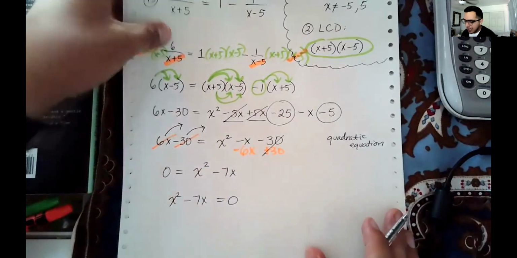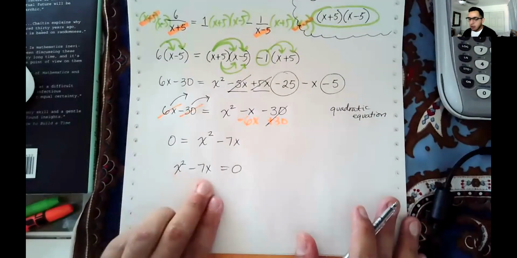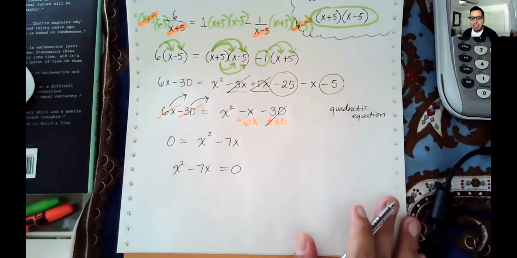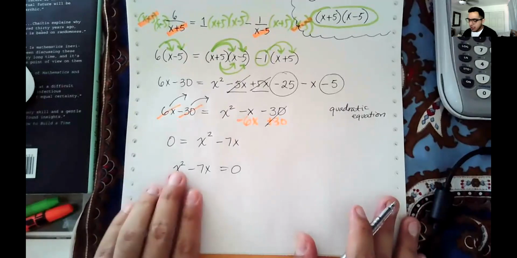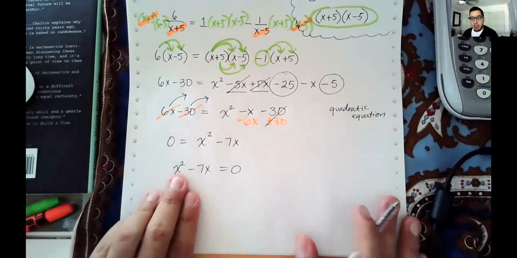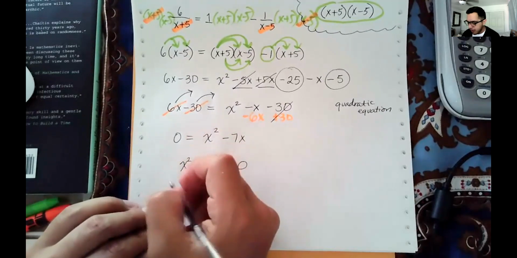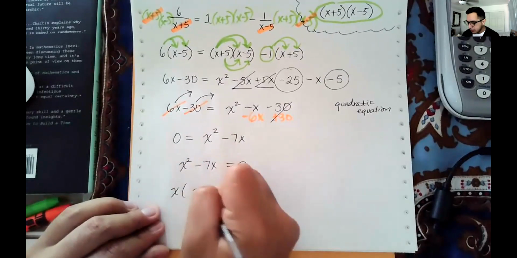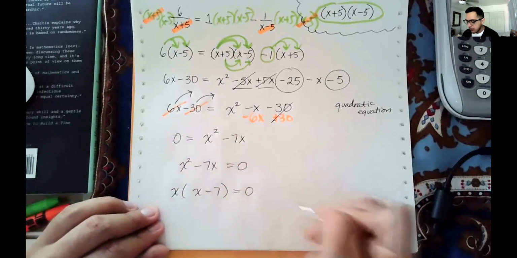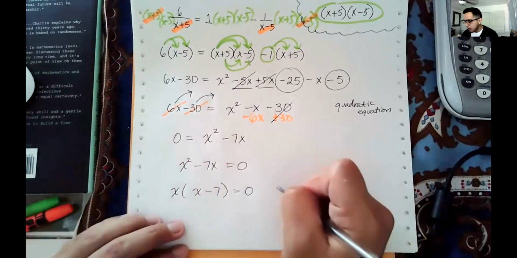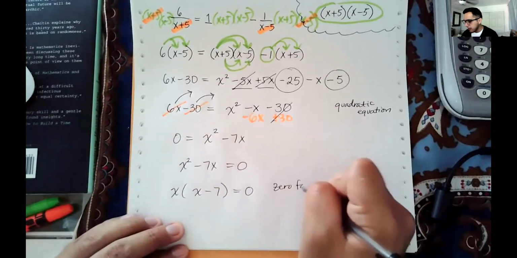But what we're looking at now is a quadratic expression or a polynomial that's easily factorable. If you look at these two terms, they have something in common. So let's just go ahead and factor that common factor out. So we have x times x minus 7 equals 0. And now that it's factored, we can use the 0 factor property